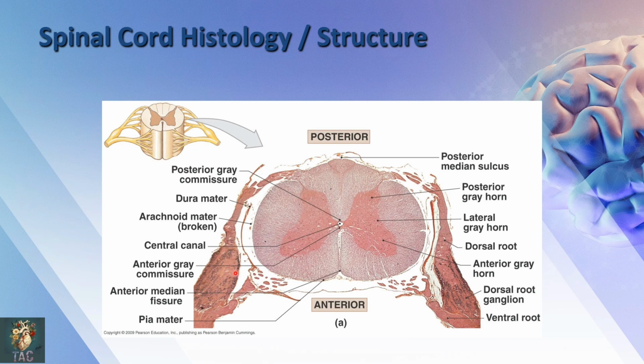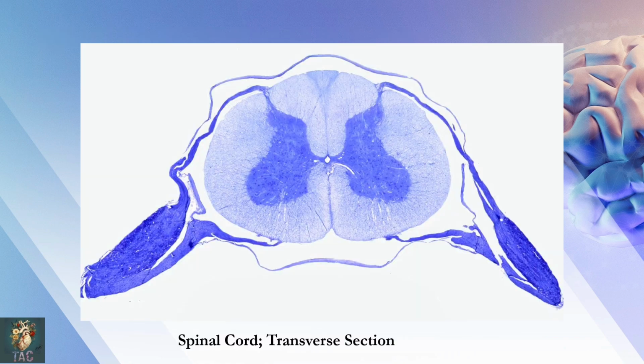Here you can see the dorsal root ganglia is present, in which the neuronal cell bodies of the sensory neurons are present, and their central process enter through the dorsal root into the dorsal horn of the spinal cord. The peripheral process of these cells of dorsal root ganglia then combine with the ventral branch to form the spinal nerve. So this is another section in which you can clearly see